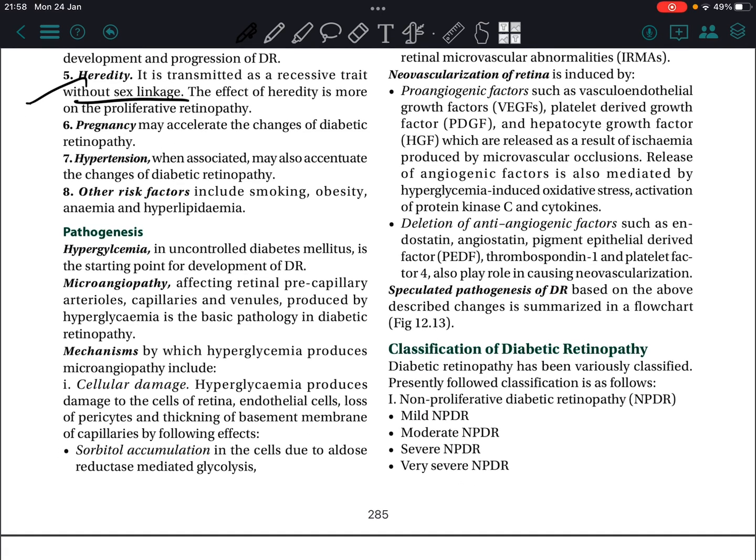Pregnancy may accelerate the changes of diabetic retinopathy. Hypertension, when associated, may also accentuate the changes of diabetic retinopathy. Other risk factors include smoking, obesity, anemia, hyperlipidemia, etc. Pathogenesis: hyperglycemia,